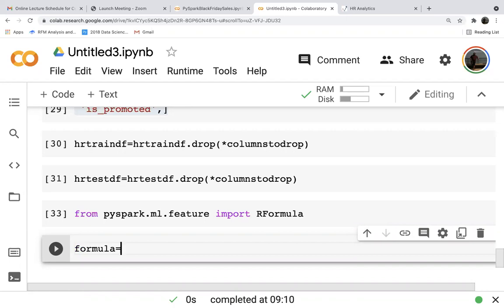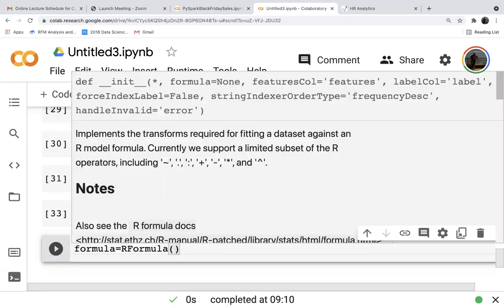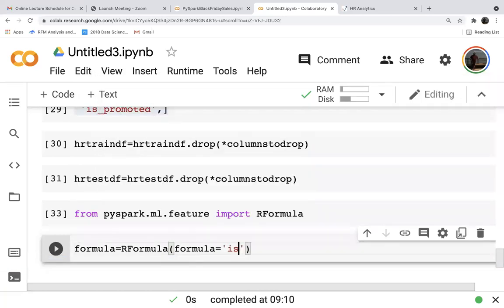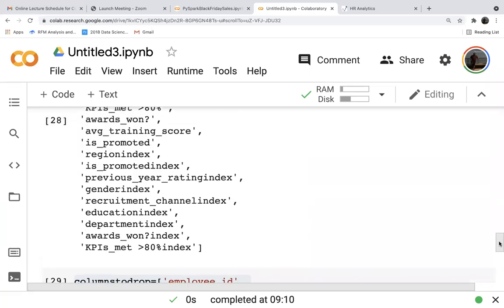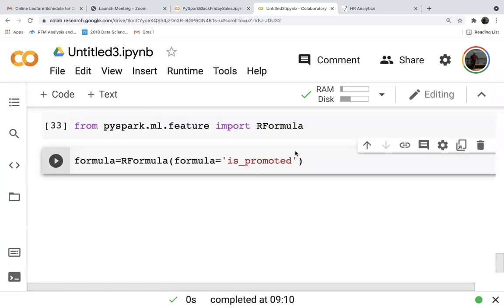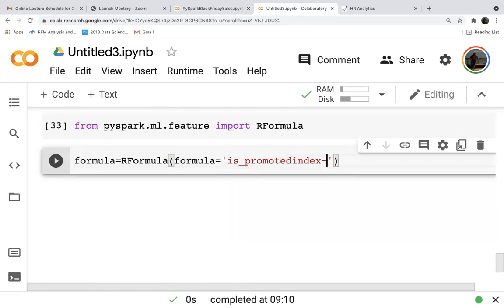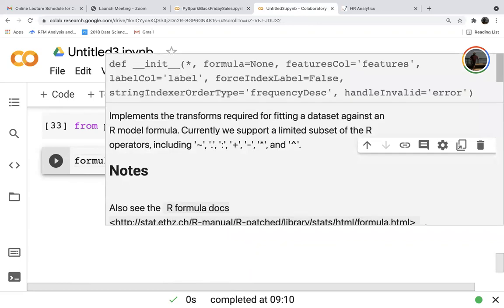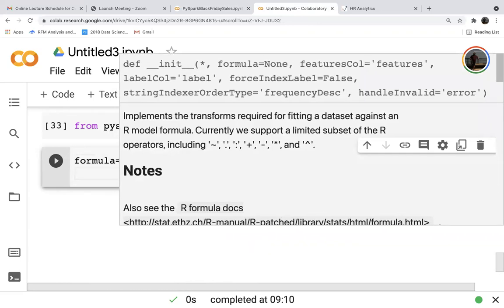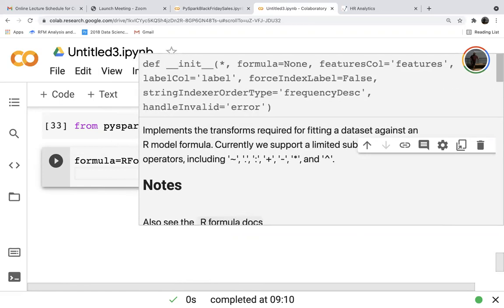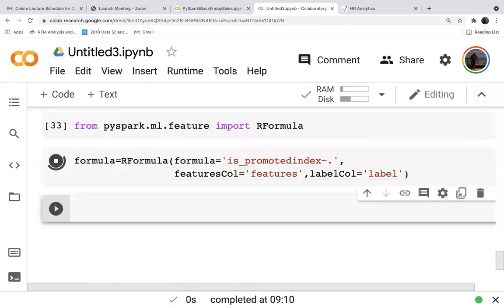So formula equals RFormula(formula equals single quote is_promoted_index tilde dot, featuresCol equals features, labelCol equals label). This is the formula.